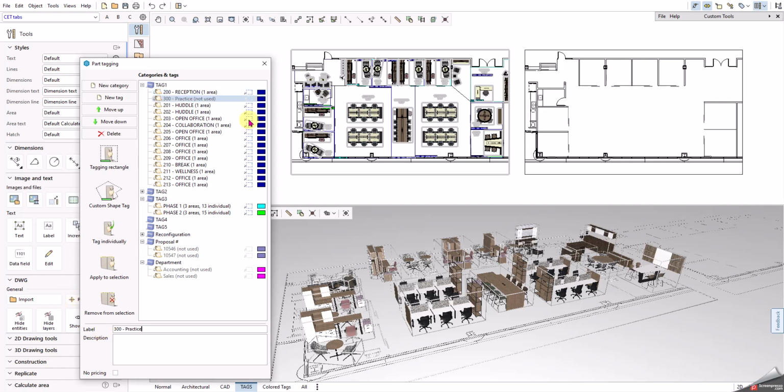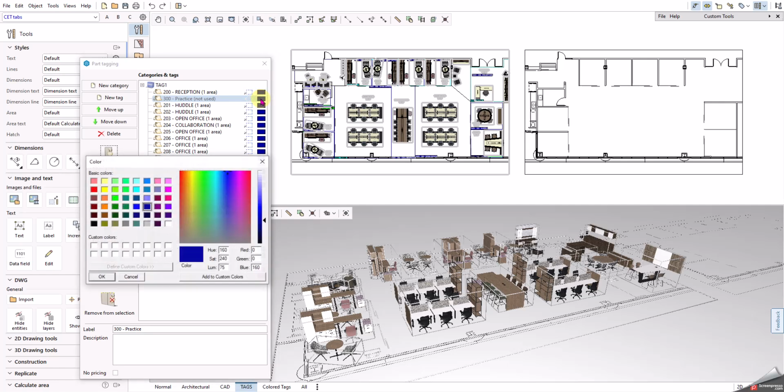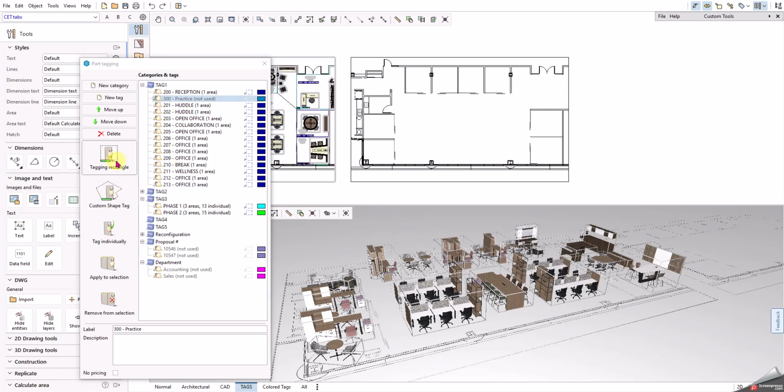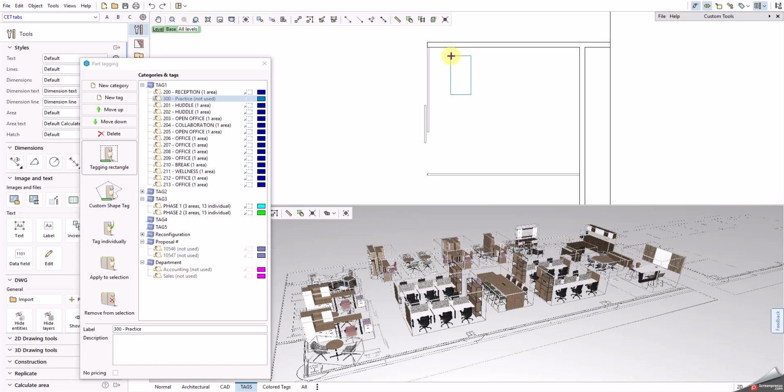And I'm just going to name it something like this. At any point, you can change the color of these tags just by clicking on the color, and I'll make this one that blue just so we can see that it is the one that we're working with for showing you an example. Now, to apply this tag to my drawing, if I wanted to tag for a room, I would recommend using either the tagging rectangle or the custom shape tag. So the tagging rectangle works really simply. It will put a rectangle right on your cursor, and you do 1, 2, 3 clicks,